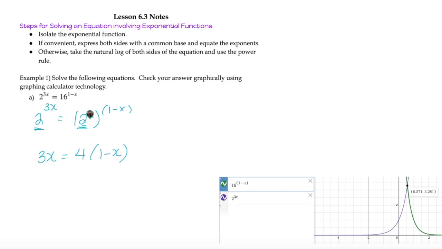Remember, when we have a power to a power, we multiply those powers together, which is why I'm taking 4 times 1 minus x. I can simplify my parenthesis by distribution. I can add 4x to both sides, so 7x is equal to 4, and then divide, so x is 4/7